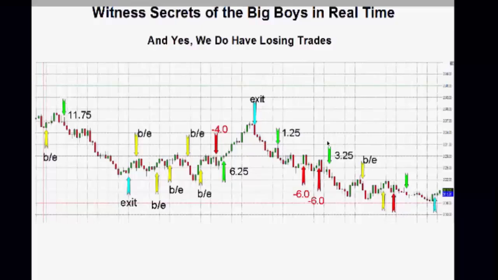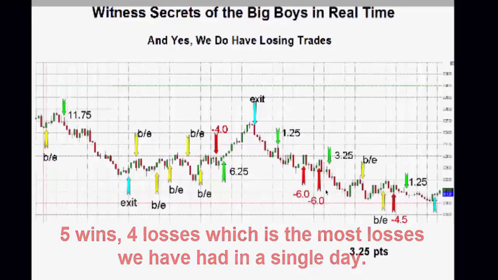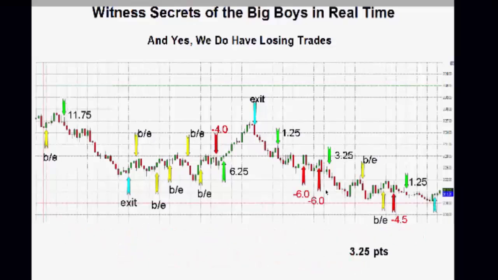We score on this trade, we break even on the next trade, break even on the next trade, then we take another loser. Okay, then we take a winner before we exit before the end of the day here. And this day we make about 3 points. Virtually a break-even day, I kind of call it a losing day. These are kind of the frustrating days.